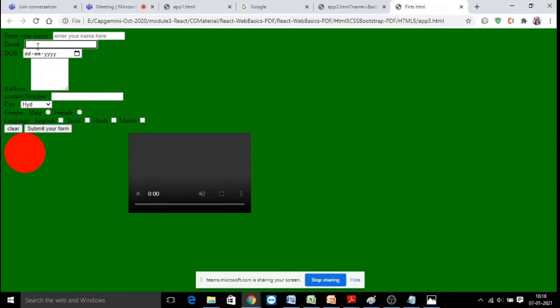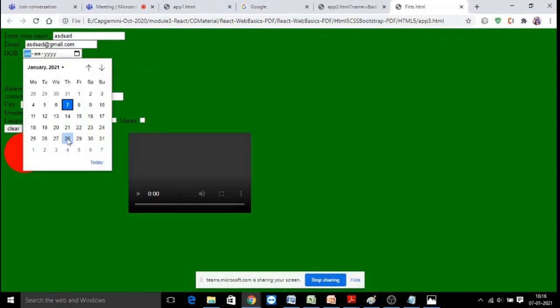Let's say email, I am just giving in a simple format like this and I am going to submit. It will say that fill out this field. So you are filling this first field. And now here you have given some wrong email format. It will say that please include @ in the email address. There is a missing dot and @ it is saying. When you say like this in an email format, it will allow you. Coming to date, it will directly give you a calendar. You can just select the date.